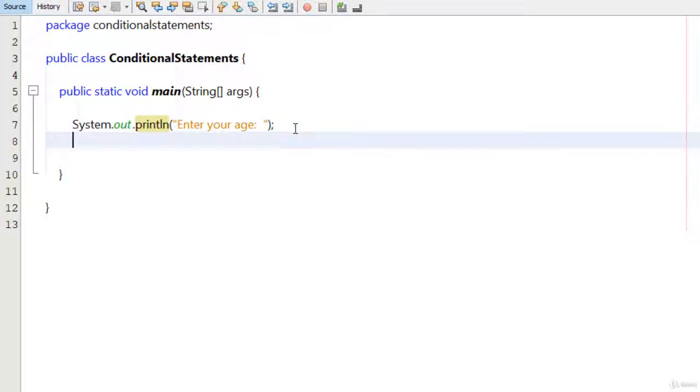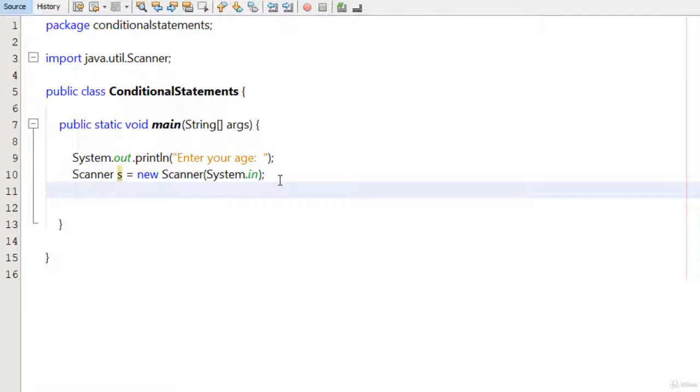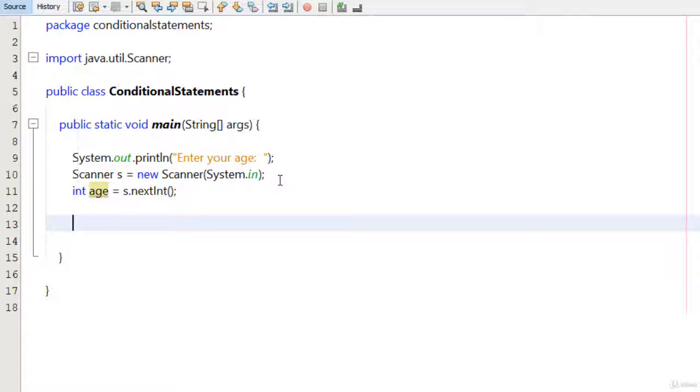And I type here Scanner s equals new Scanner(System.in), and I import the Scanner class. After that I type here int age equals s.nextInt(),